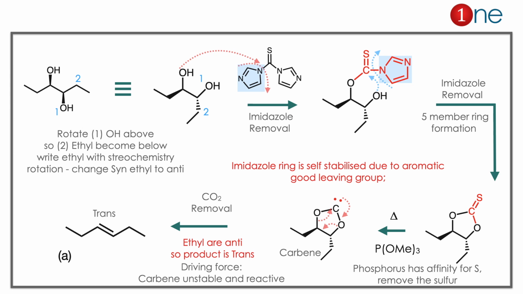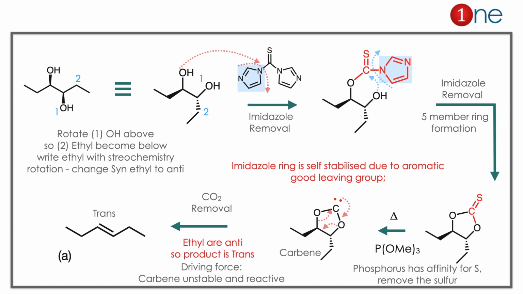What really happens is you are reacting with thiocarbonyl imidazole. The imidazole in the reagent is a very good leaving group because of its aromaticity. It is aromatic, very stable, so it can stabilize itself. So once the O attacks, the ring leaves, and you have a new carbon-oxygen bond formation. You have another imidazole. So if you attack another alcohol, you have the 5-member ring formation. So you have the thiocarbonyl there in a kind of ester form.